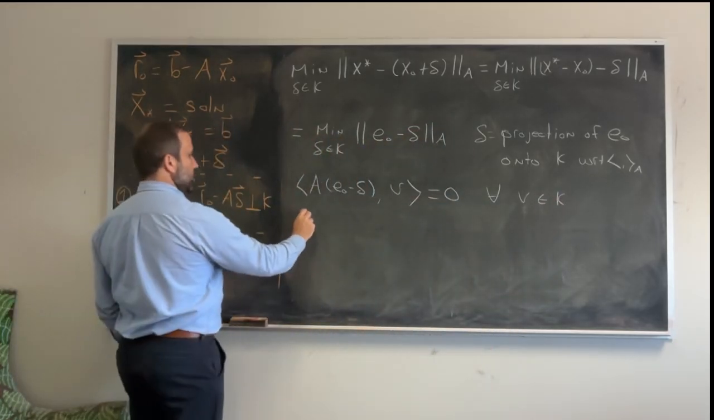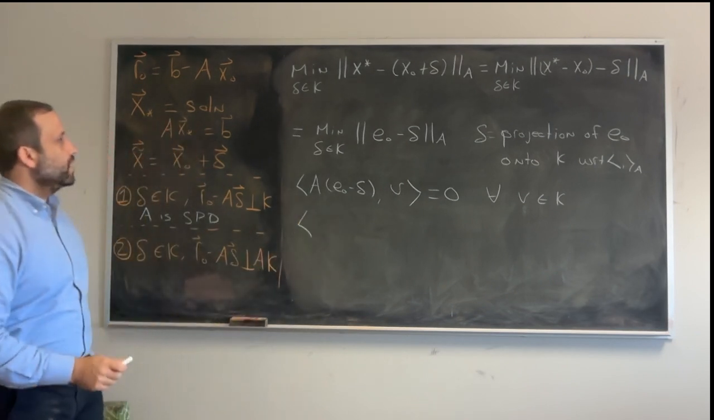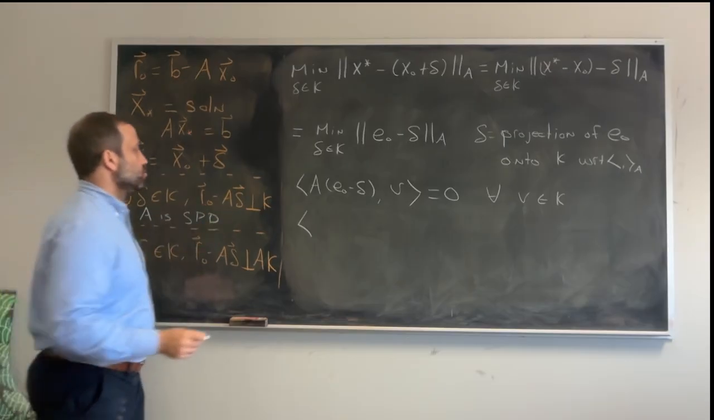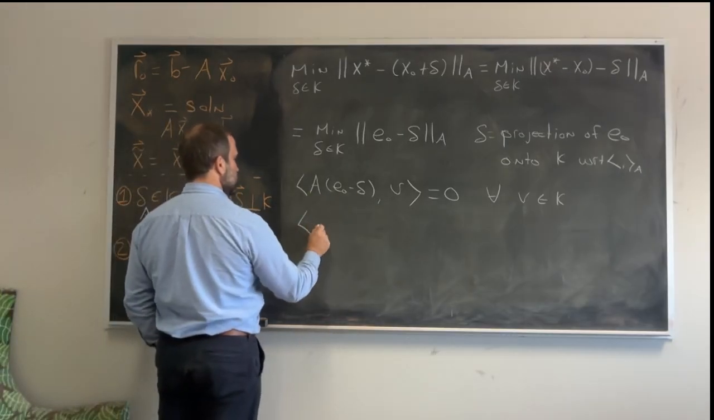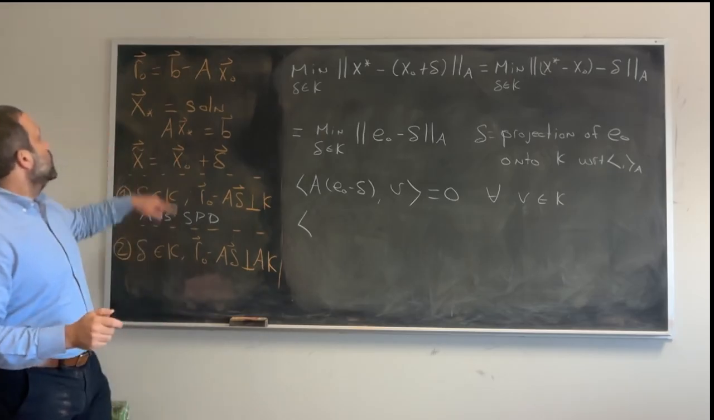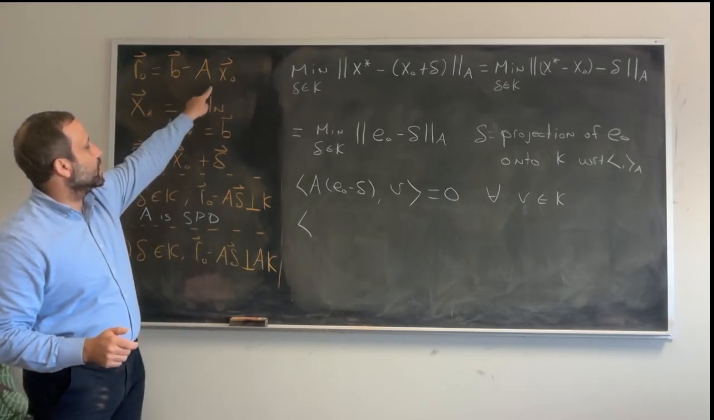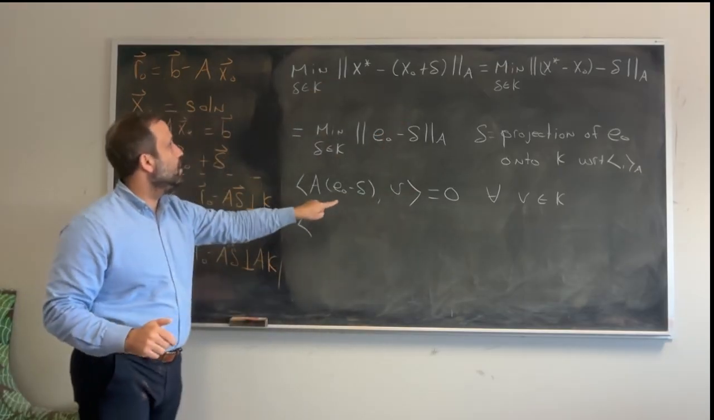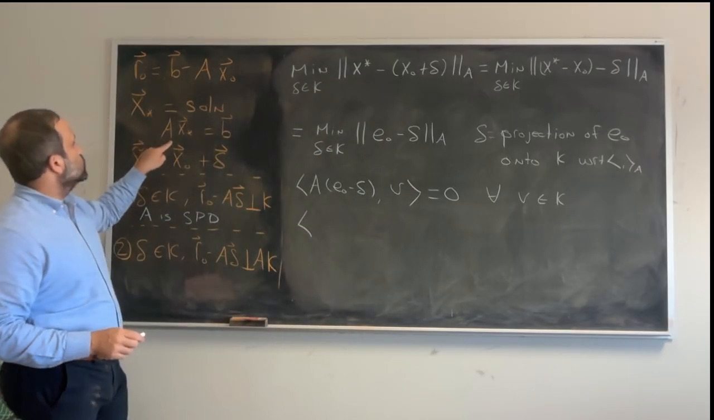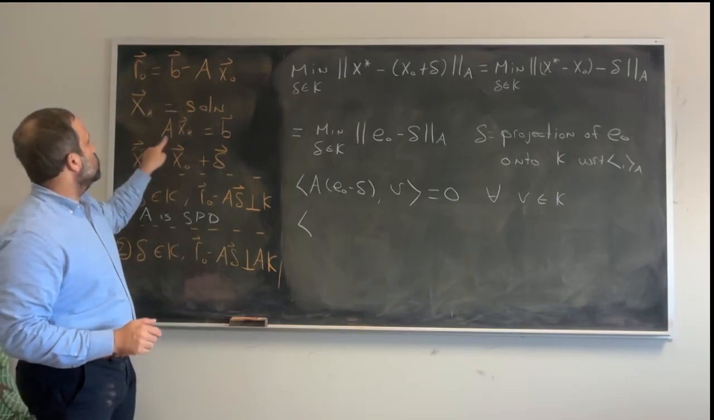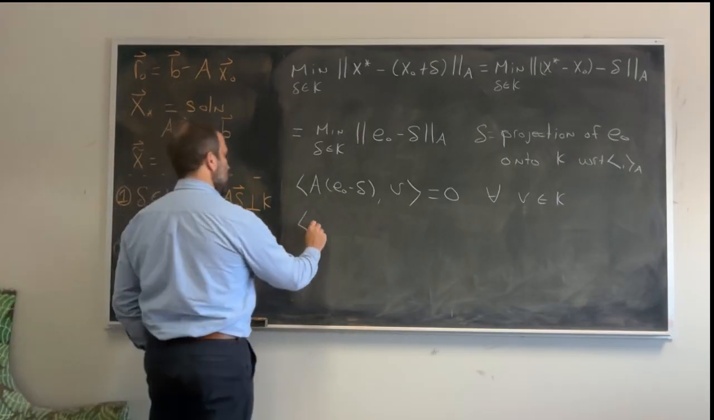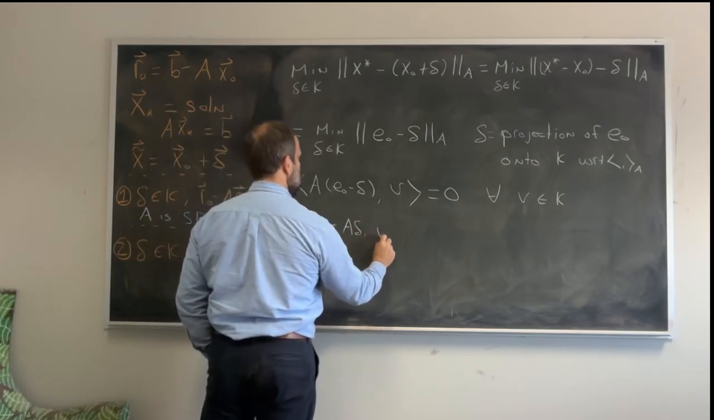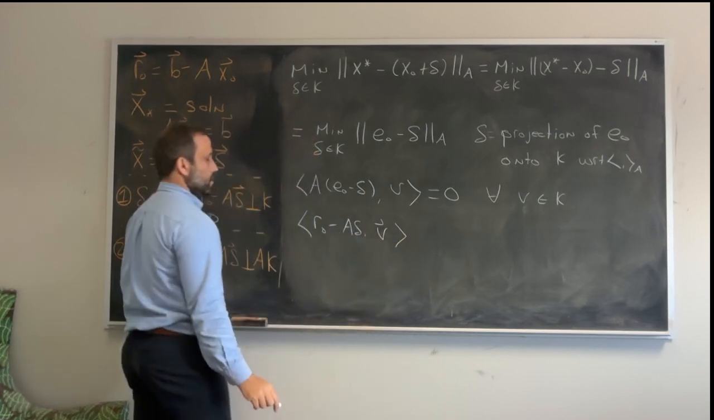Okay, but notice how we can write this. A E naught, well, what is E naught? Again, E naught is x star minus x, and so this is just the residual vector. A E naught is just A x star minus A x naught. So again, write down what E naught is. E naught is x star minus x naught. So A applied to E naught is A x star minus A x naught, but B is equal to A x star. So this is just going to be the residual vector R0 minus A delta V, and this is going to